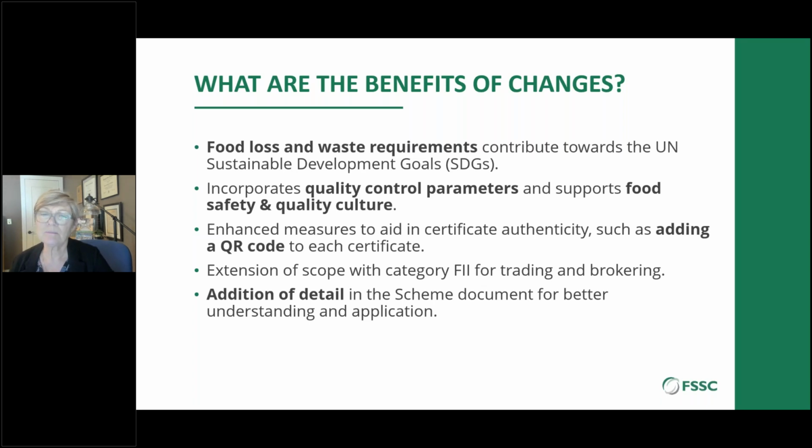And in doing so, we've incorporated some added elements. From our point of view, to protect the security of our certificates, we've added a QR code to each certificate. We do want to maintain confidence in FSSC 22000, and so we have to ensure the security of the certificate. So if you receive a FSSC certificate from one of your suppliers, you need to be able to be sure that it is a genuine certificate. It's very sought after certification, so we want to cut down opportunities for fraud. So each FSSC 22000 certificate in version 6 will have a QR code which will take you directly to the